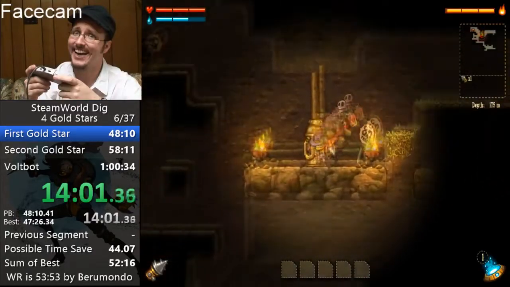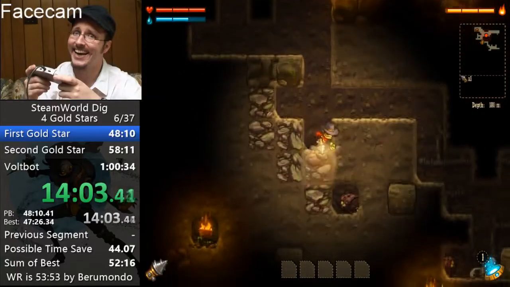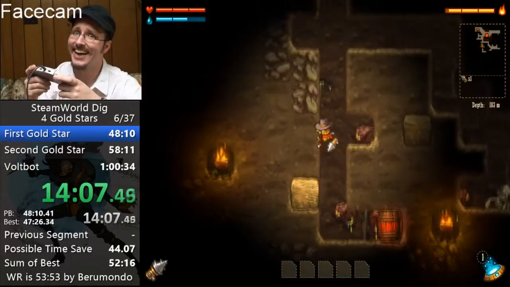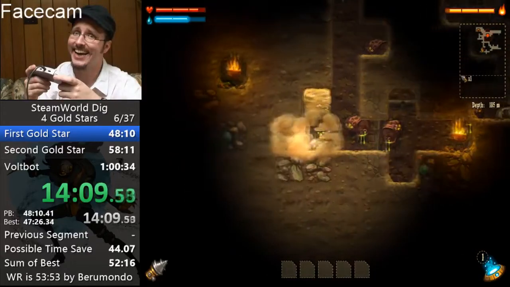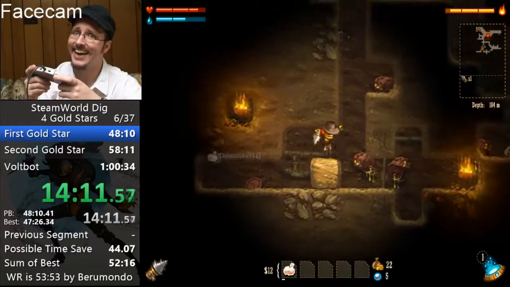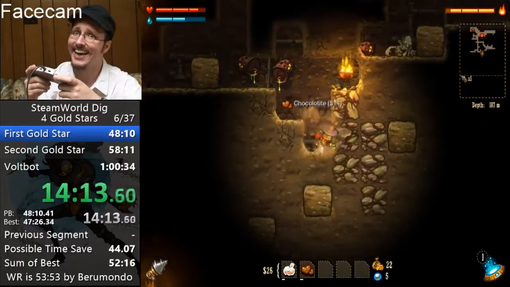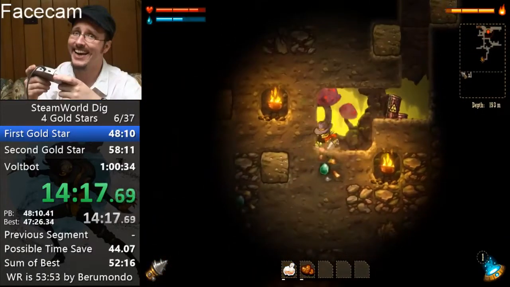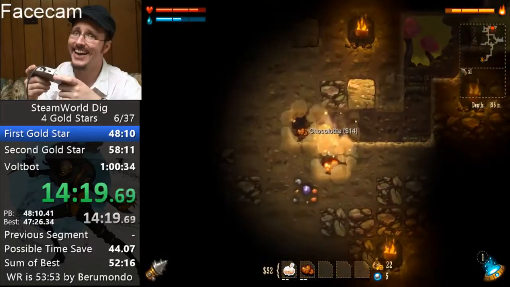Right there I took a detour because I needed to get some water, because the drill actually does run on water, and if you run out of water you can't use the drill. You also can't steam jump, you can't use the steam punch, a bunch of things that you can't do without any water. So yeah,